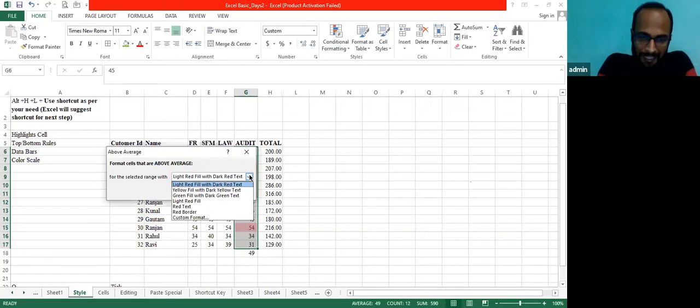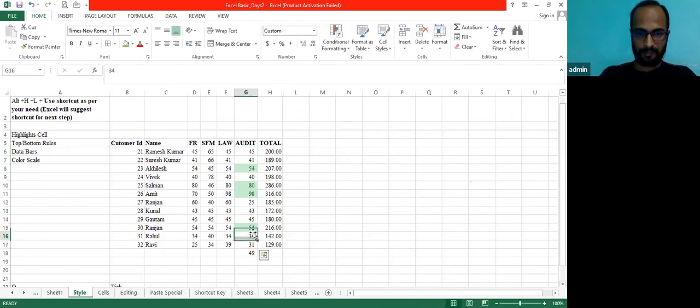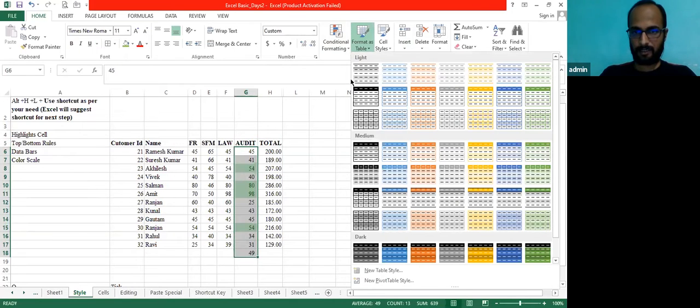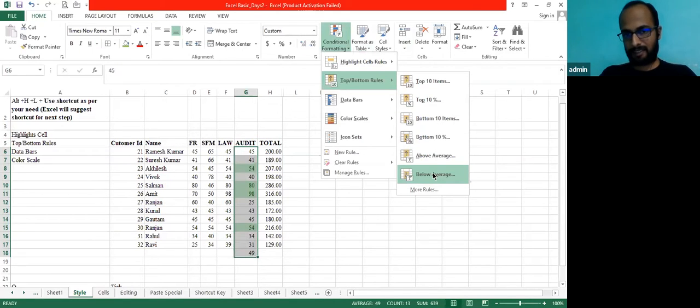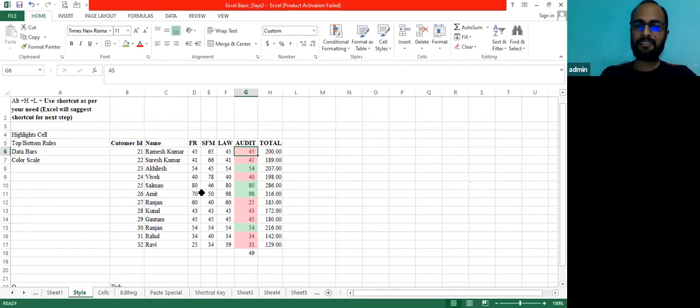I will select some other formatting criteria for this. So I'll click here, green fill with dark green. So you can see above average, the color is different. And for below average, I'll put a different condition. Top, below average with red fill. Now you can easily differentiate which student has got above average and which student has got below the average.